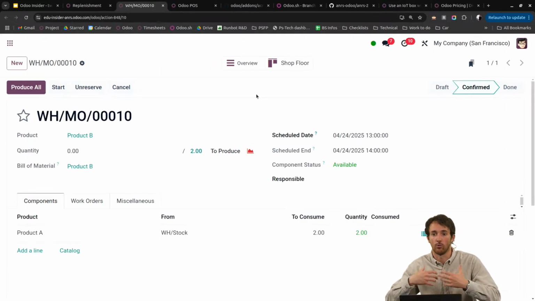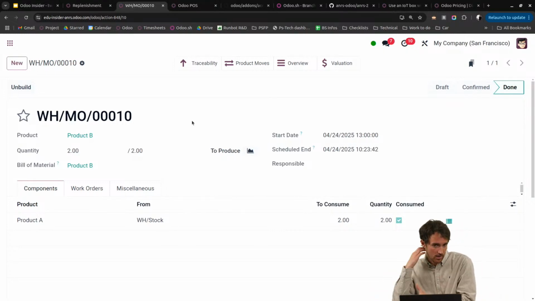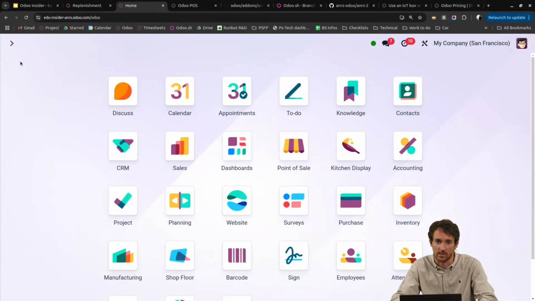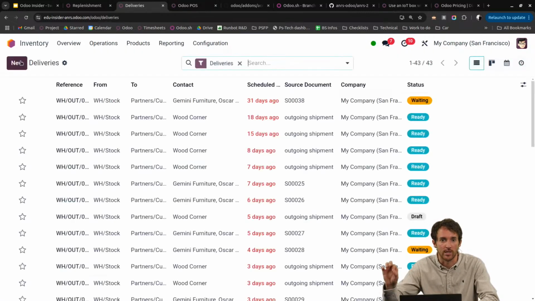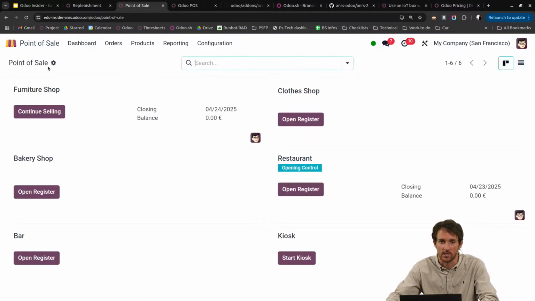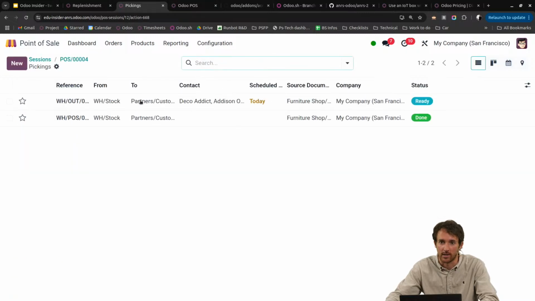So the person who is supposed to produce the good will see it, can produce it, and then it's up to him, of course, because probably it's done in 2 steps, that when the good is delivered then to the client, to make sure that the delivery is processed as well. So of course here just a question also of training and make sure that everything happens smoothly, but it could probably work if you proceed it like this. So I'm just going to summarize afterwards, but just want to make sure that I can, yes, now it's ready,